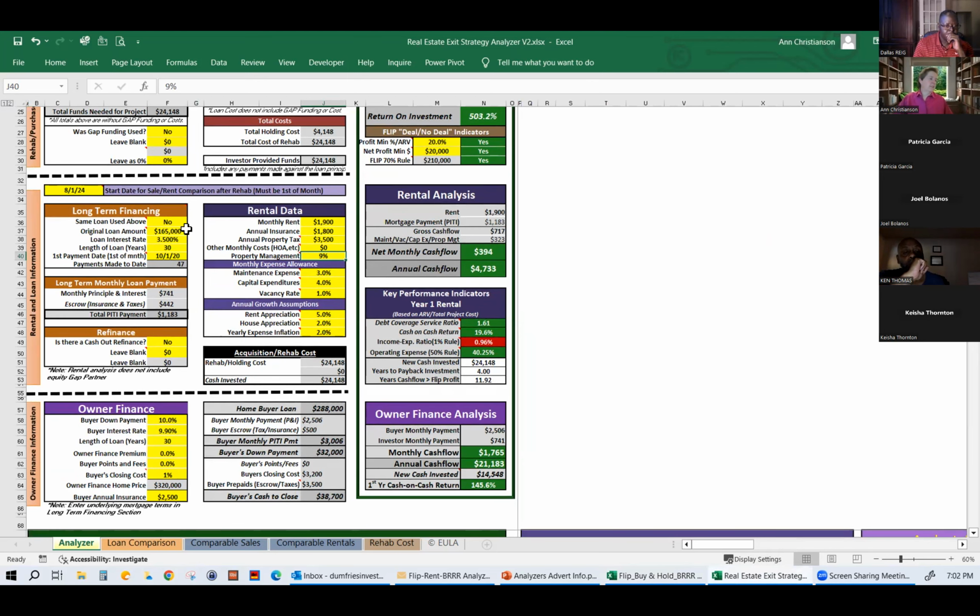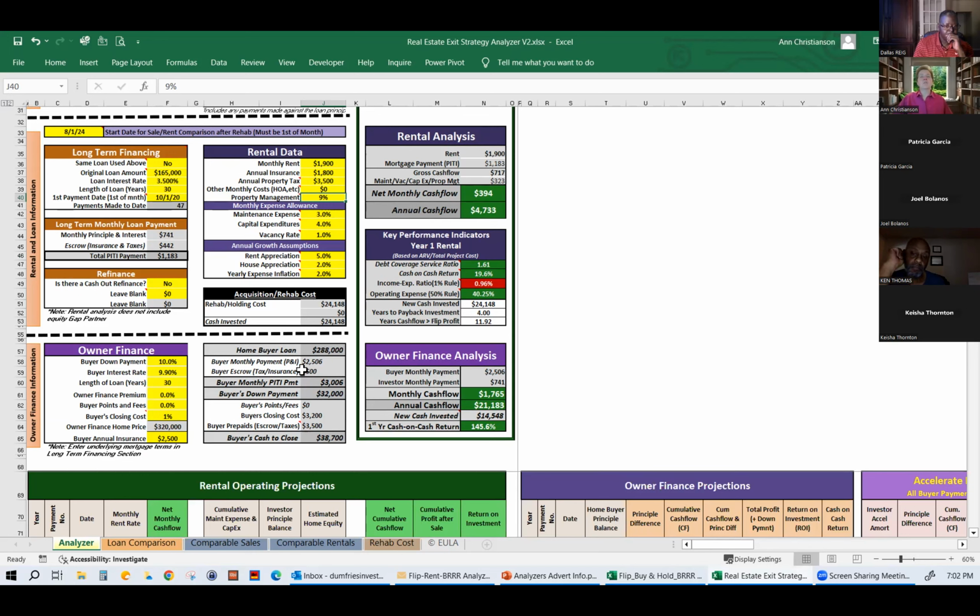No, I got the loan in here that we had before. We got the rent rate we had before. We got the cash out that we had before. Down here is where it adds the owner finance module. Now, what the owner finance module does for you, and this is if you're selling it to a home buyer